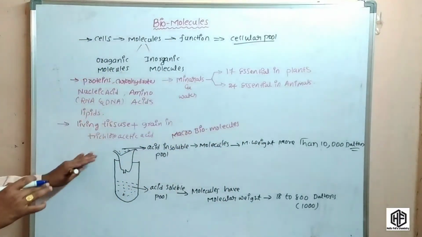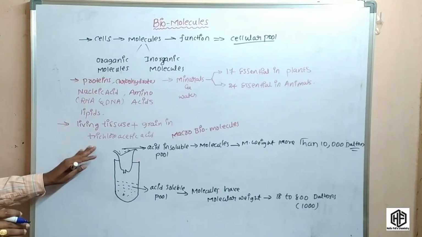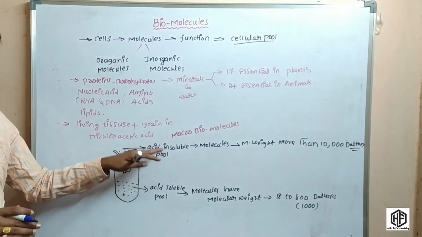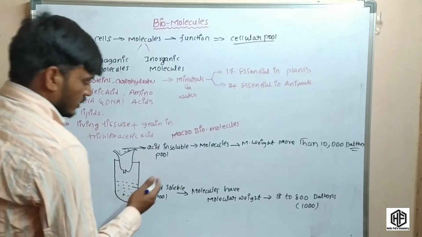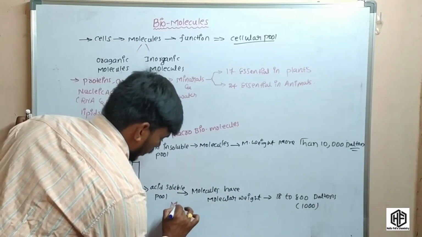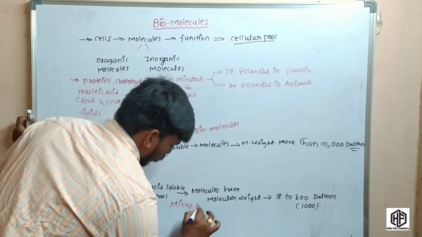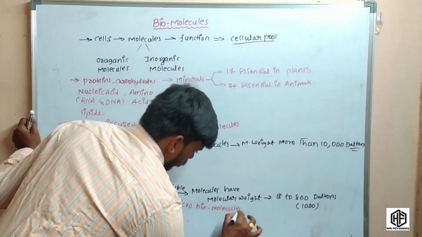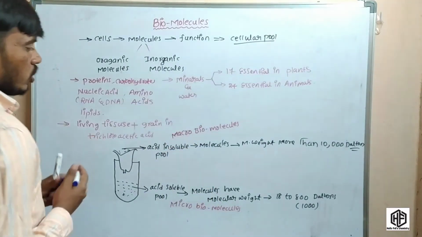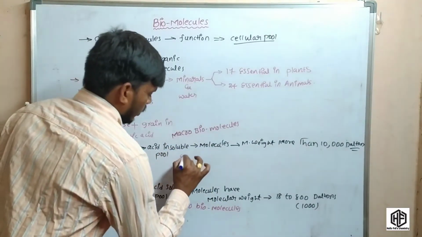So in this experiment, what happened there, friends? Acid insoluble pool is nothing but the macro biomolecules. Here, acid soluble pool is nothing but micro biomolecules. So the examples of the macro biomolecules are